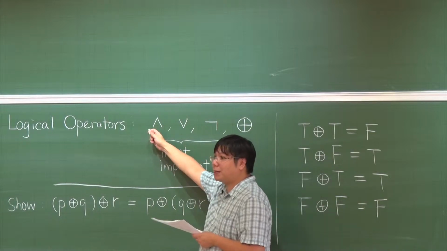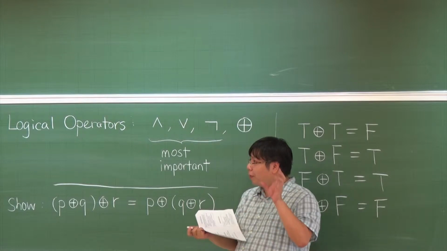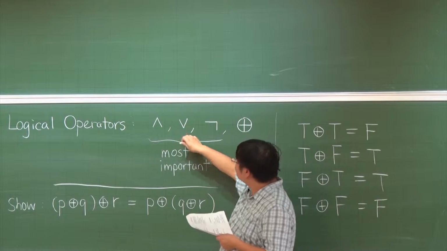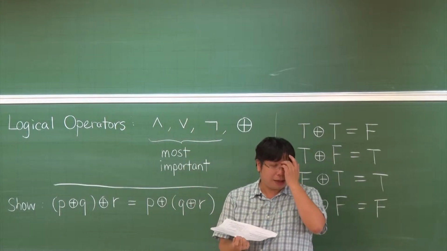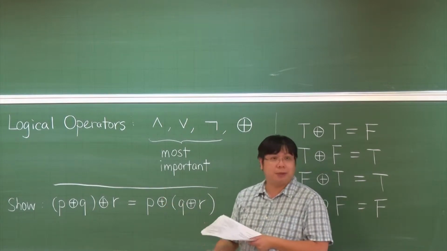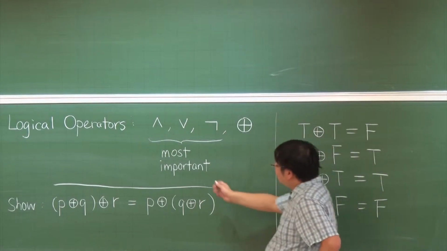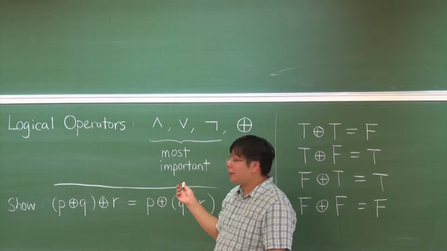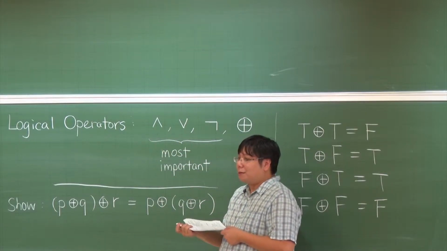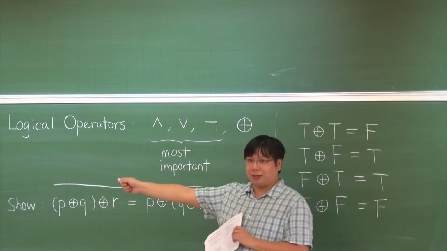We have also talked about the AND operator, P and Q. It is true exactly when both P and Q are true. Otherwise it is false. Then we have also the OR. OR is the case where either one of P or Q, or both, are true, then P or Q will be true. This AND, OR, and NOT are actually the most important logical operators. Later, throughout this course, we will see that no matter how difficult,